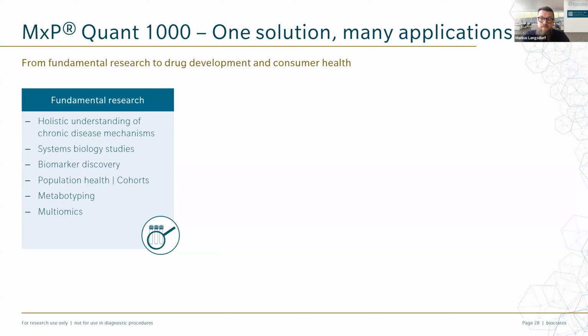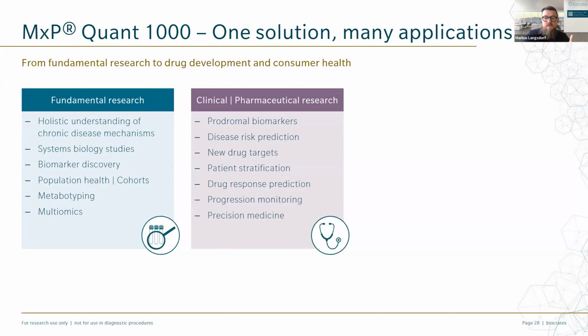If the focus is on systems biology approaches, integrating multi-omics with genomics, transcriptomics, and proteomics, with Quant 1000, you can do that. In clinical research or pharmaceutical industry, early-stage biomarkers are a key focus area for understanding disease mechanisms and